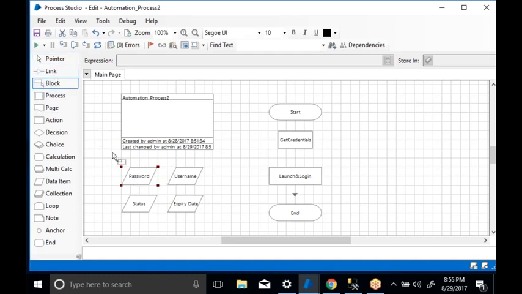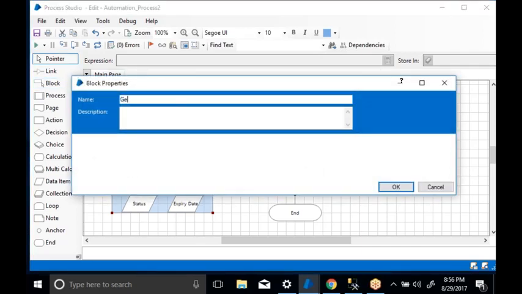Now select the block and give the block name as the stage name. Get credential. These data items are all related to this particular stage. That's why I will give a name for this particular block: credentials data items.